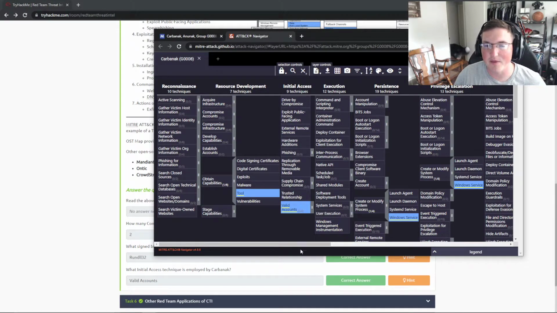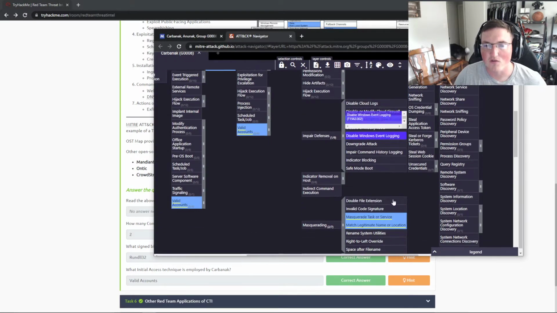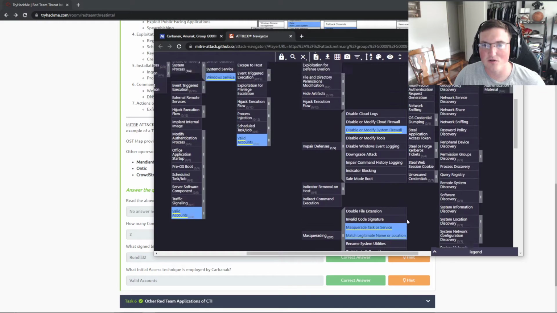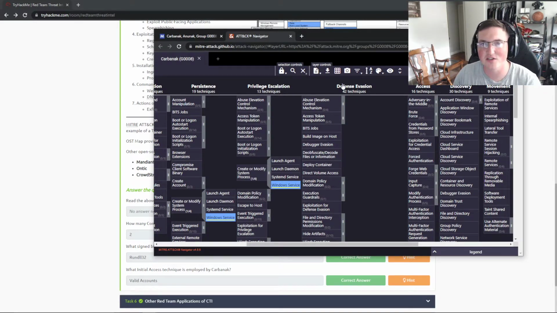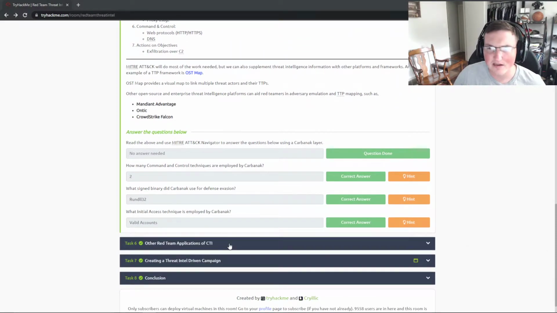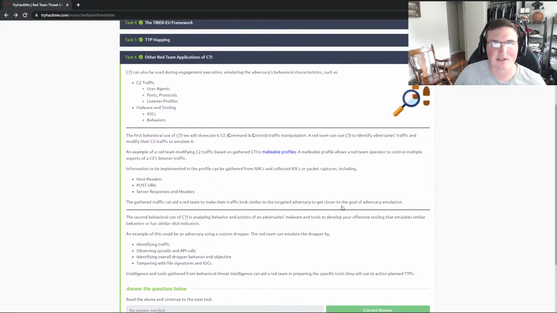And then from there, you can say, okay, well, they also use Rundll32. Yep, there you go. You can see that they use it for defensive evasion. So let's start looking at our logs and see, is that process being used and what for, right? And things like that. That's how you start looking and hunting these threats. All right, so let's go to the next one. All right, so let's close that one out.